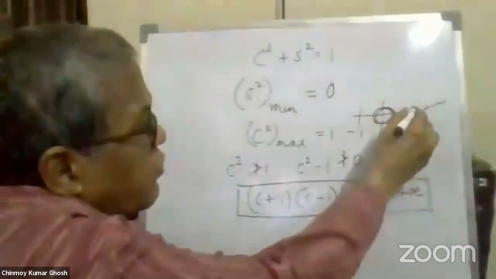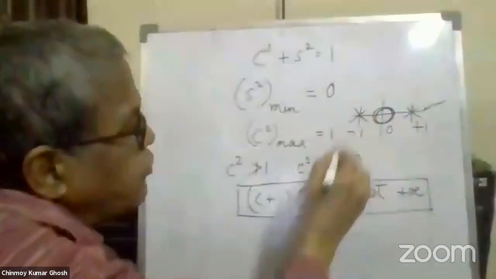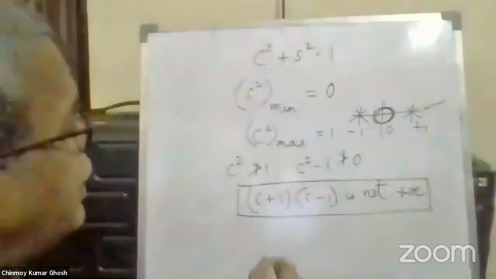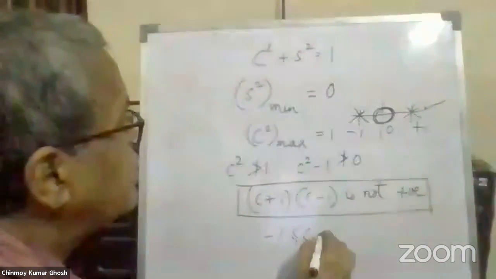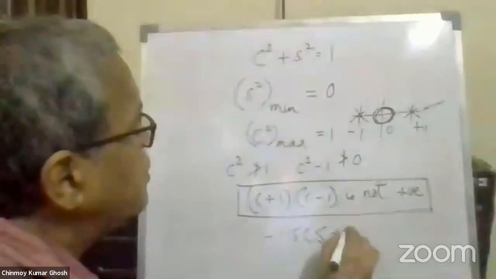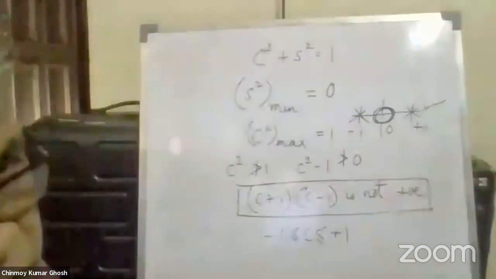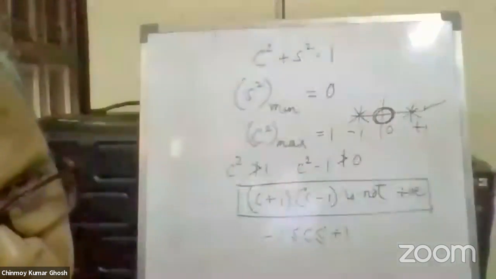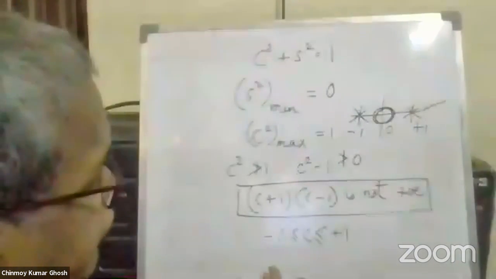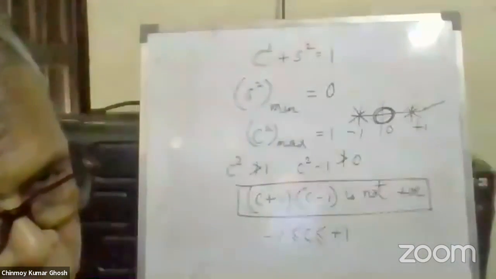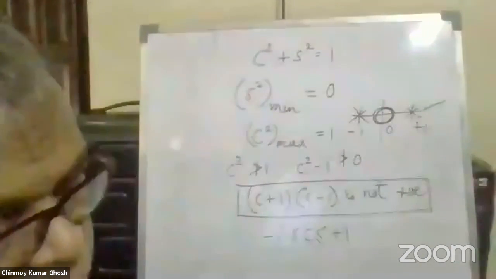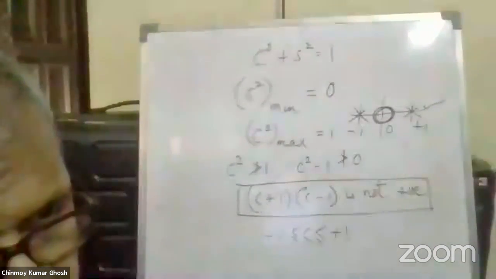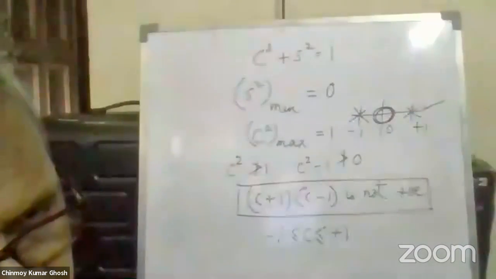Or if c is exactly equal to +1, or if c is exactly equal to -1, then the product is equal to 0. Then also this is valid. So c lies between -1 and +1. So the minimum, and this I have done without using calculus. With the use of calculus, this becomes very simple. So the minimum and maximum value of cosine theta are -1 and +1, and like that, the minimum and maximum values of sine theta are -1 and +1, which can be proved without introducing calculus.